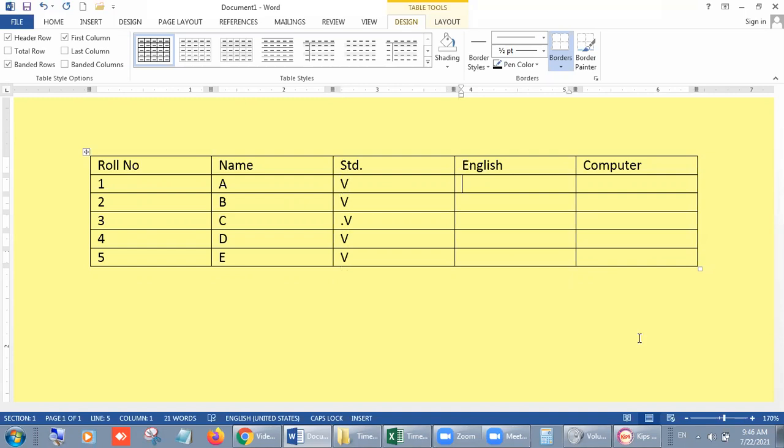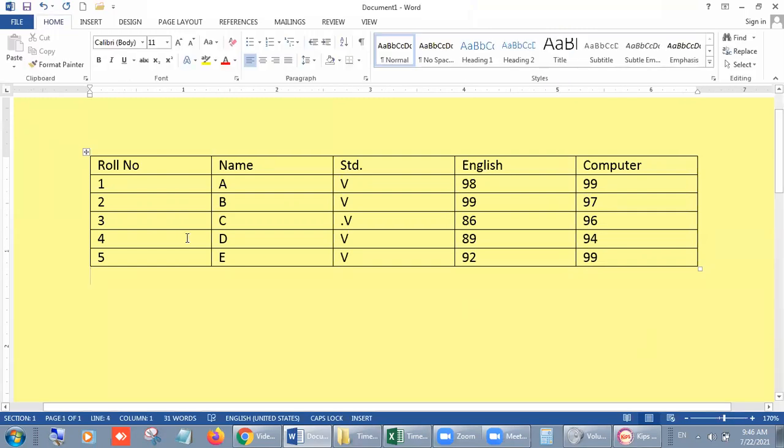Next is the roll numbers, 98, 99, 99, 97, 96, 94, 99, and in the same way 86, 89, 92. Okay, look, students, we have already prepared a table.